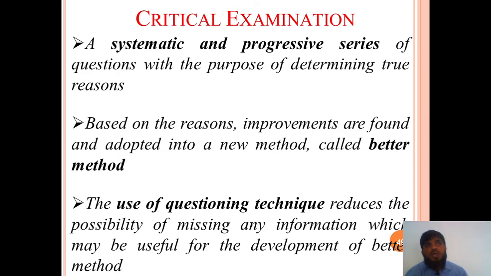Next, after recording all the things, we are going to examine them. Is it correct or not? What is the reason for this? We need to cross-question ourselves: which methodology is correct? Whether it is a micro motion study, a macro motion study, a flow diagram, a string diagram, a chronocycle graph, or a cycle graph, which is most beneficial? Among all these six methods, we have to find the best method by critically examining each and everything.